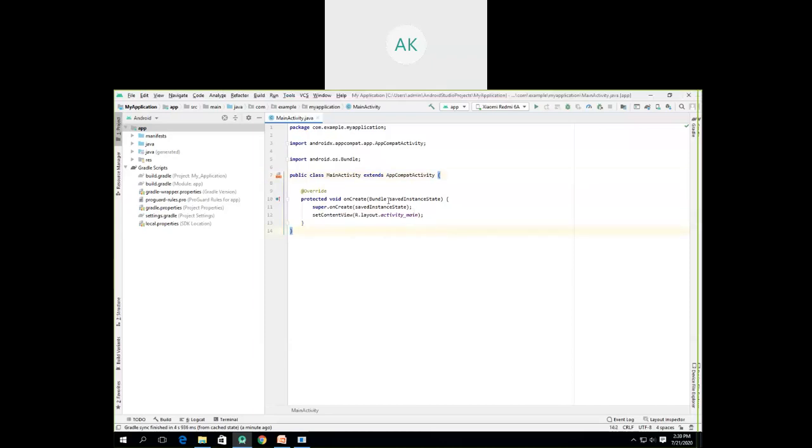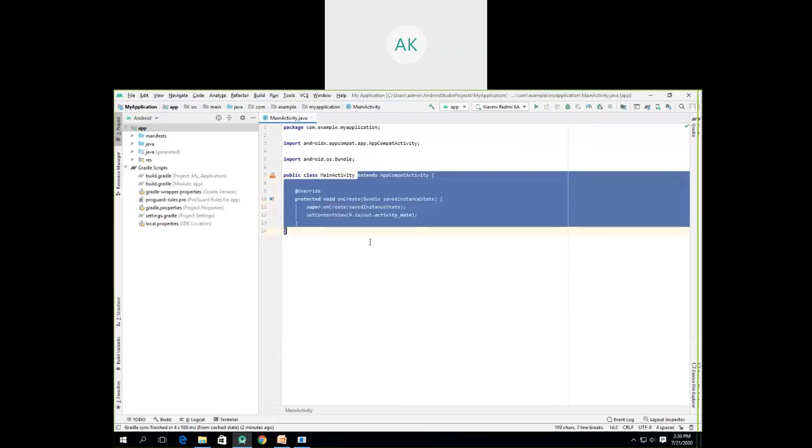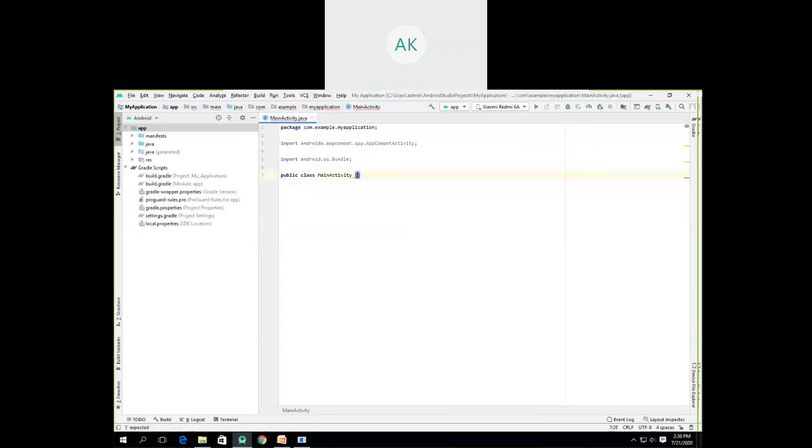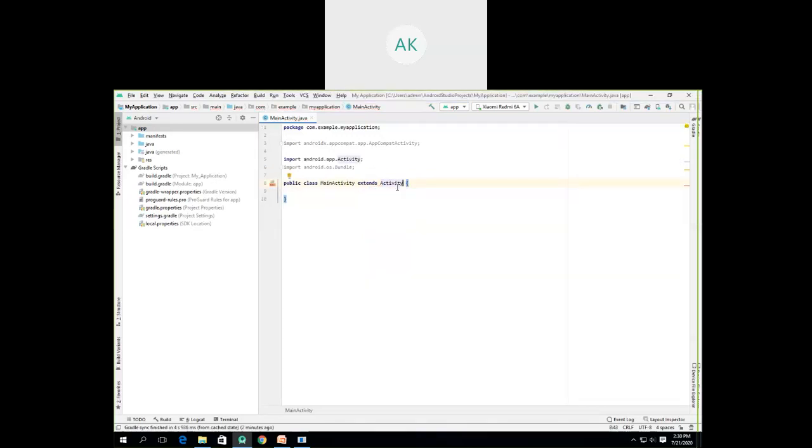Now when you write your application and open the code for mainActivity.java, here you can see the code. If you want to create an activity, activity is basically a class. But if I write this class, it will be a simple class, not an activity. In order to make it an activity, I have to extend it. So class MainActivity should extend a built-in class called Activity.